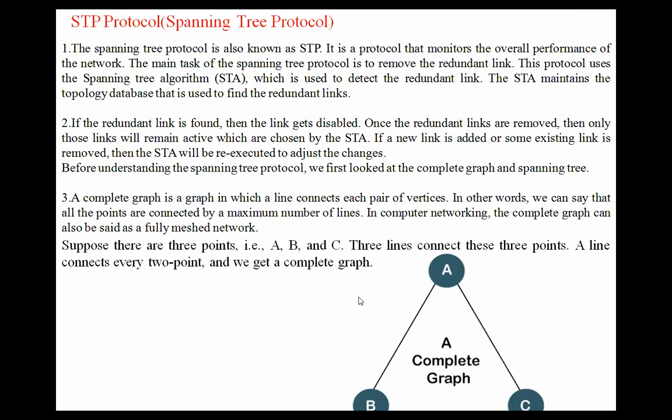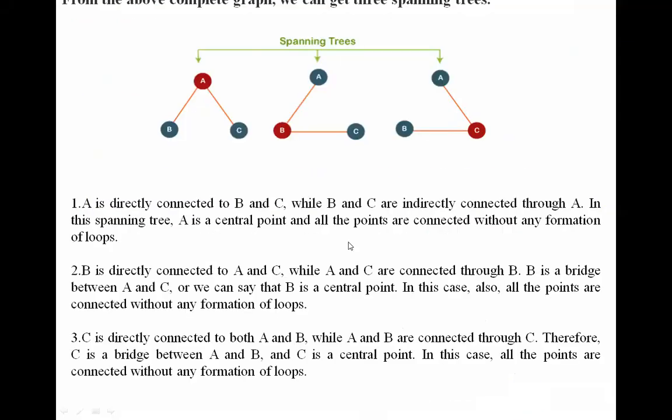This is the main motto of the spanning tree protocol. So this is a diagram, the 3 diagrams. This spanning tree is not going to become a full graph over here. Why? See here, no link has been connected from B to C. A to B is connected, and A to C is connected. The central point is A, colored red. A to B, A to C. Does it become a complete loop? No, there is no connection between B and C.